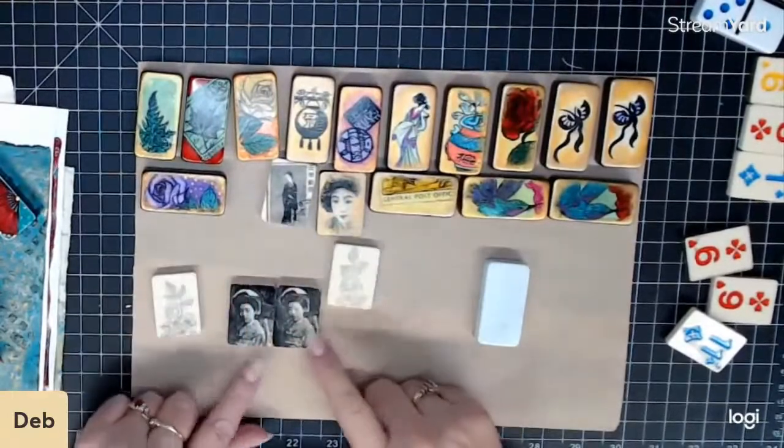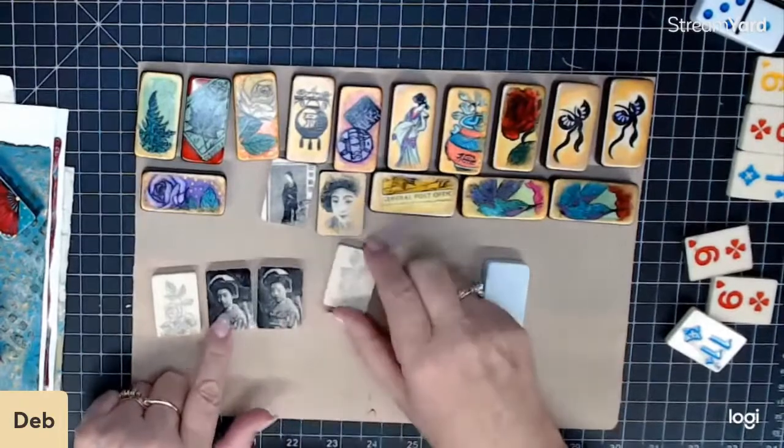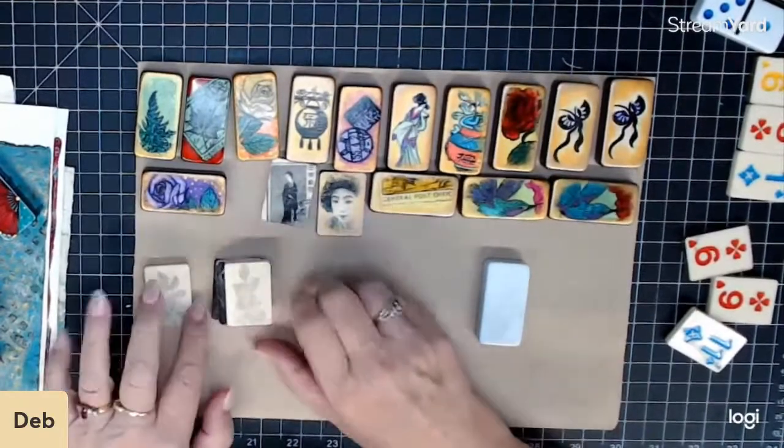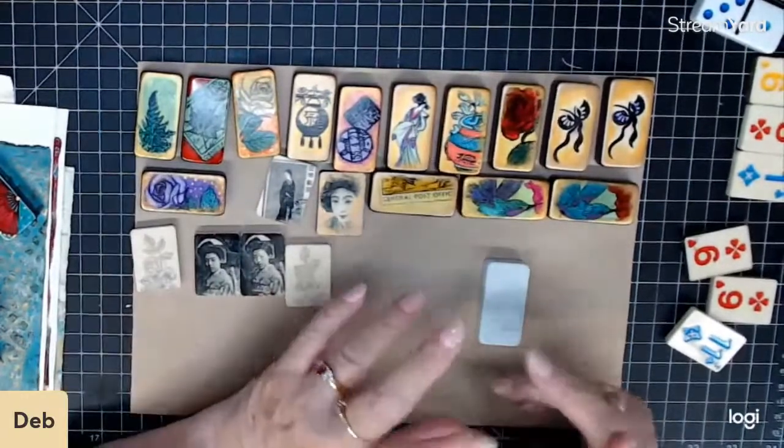Now here are the same ones. I didn't do as well of a job on this one, but still, it's fine. And you use the Stazon ink because if you're going to mark over it with Sharpies or something like that,